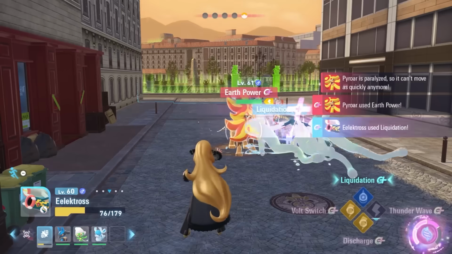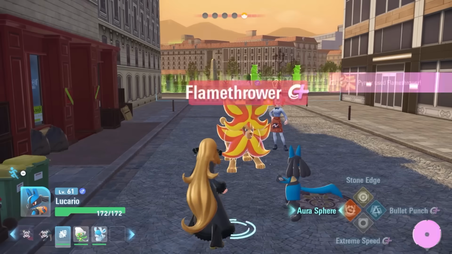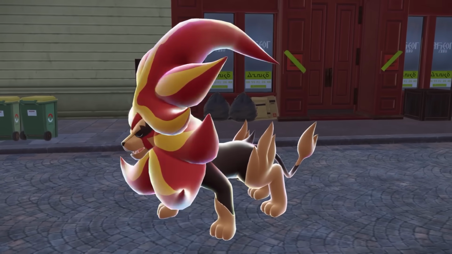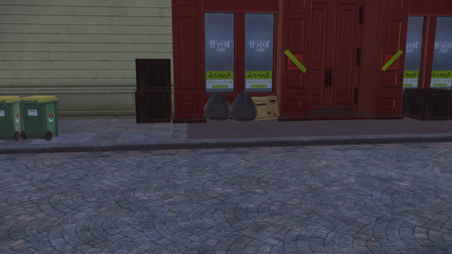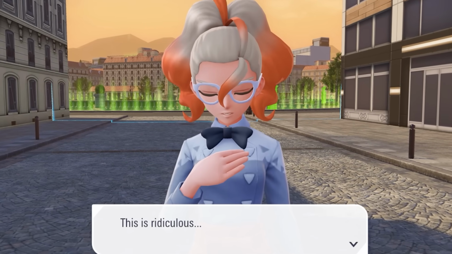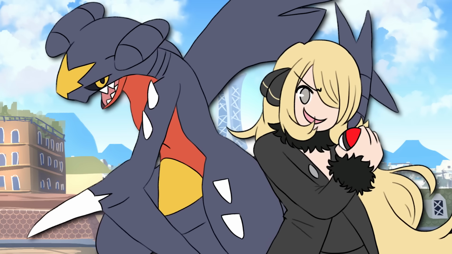And while Mega Pyroar does put up some resistance, wiping out our Mega Eel, from here, Lucario is able to finish the fight with one last Aura Sphere, giving us the final KO that we need. So, despite a pretty poor matchup, Cynthia had still come out with the win, continuing to demonstrate the monstrous power